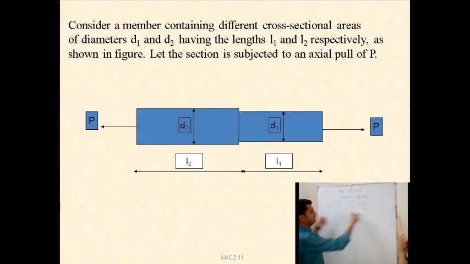If we apply a tensile load, there is a change in length. So we need to find out the change in length for the combination of both the materials. That is called variation of bar elements. To find that, initially we need the stress of the first material. Stress of the first material is load by area A1. Similarly, stress of the second bar, both are combined, but we consider A2 and load P.